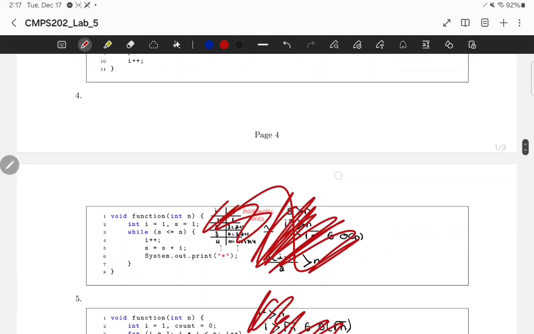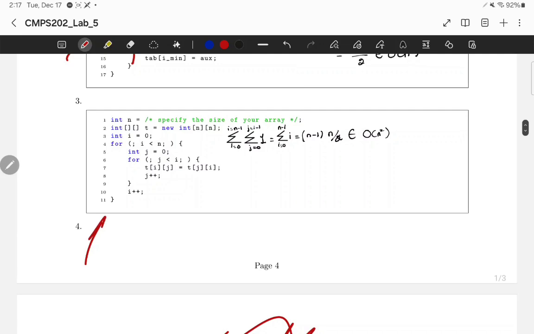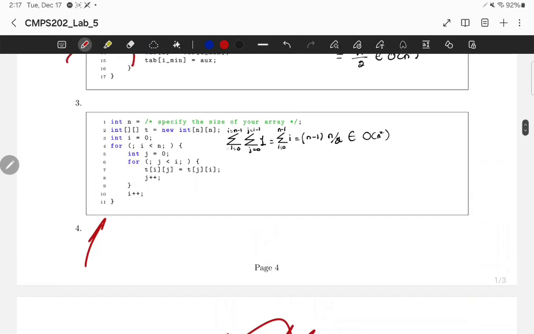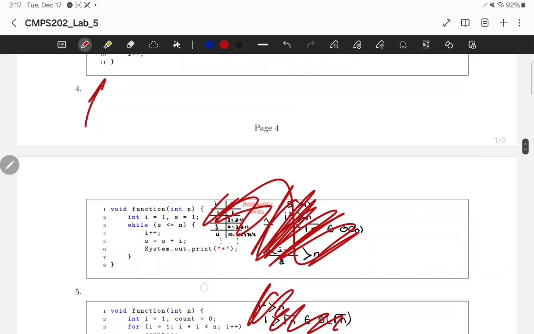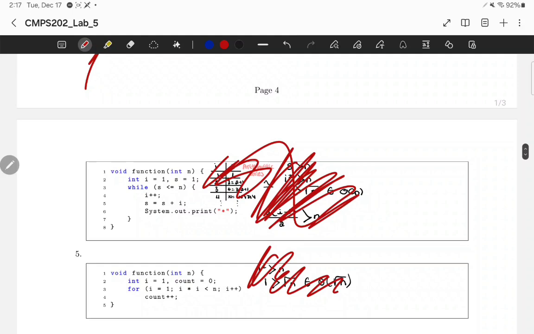Okay, so the ones we've done up until now were easier. You can do the summations, but I like to just look at it and understand what's going on, because when you're doing algorithms, later on you won't take out a pen and paper and do the summations, except if it's really complicated. Here it's somewhat clear, and you could do the equations, and they're clear up until now. Okay, so now we have i equal to 1, s equal to 1,